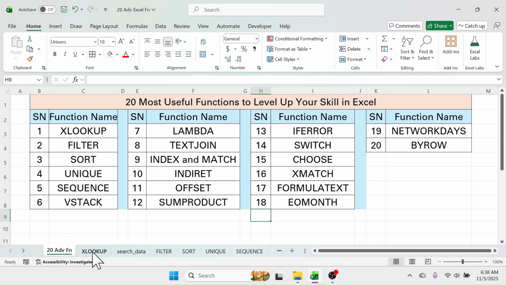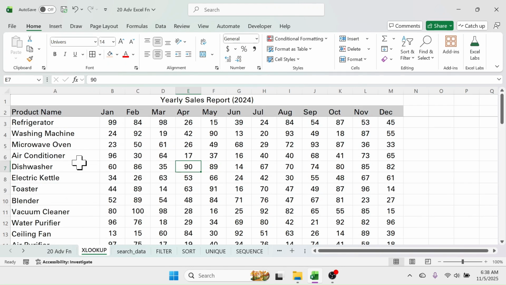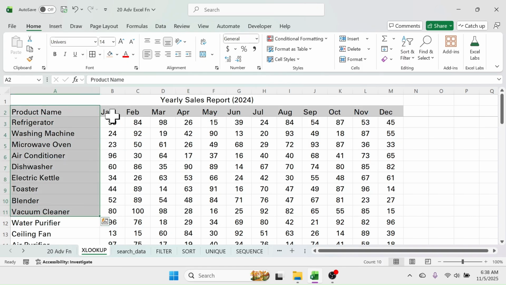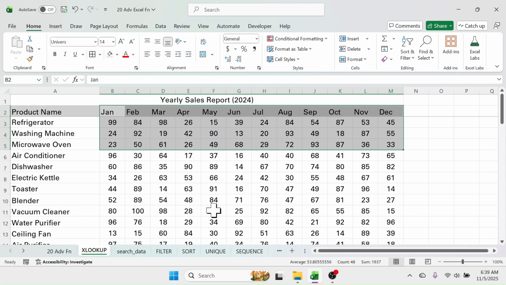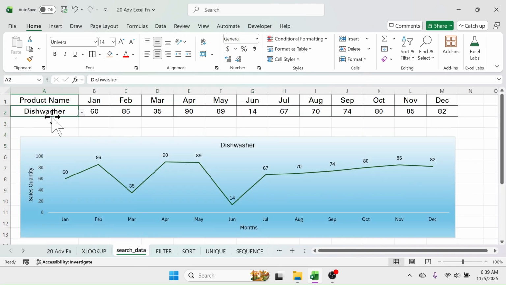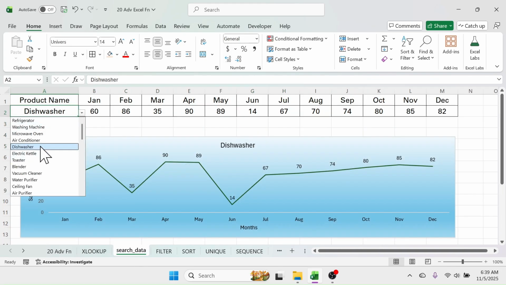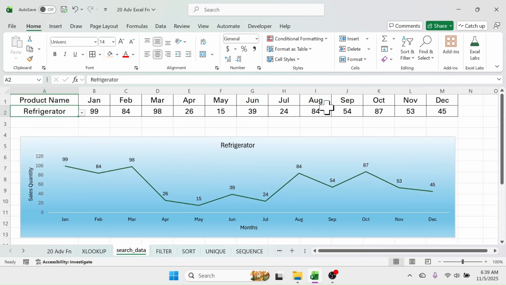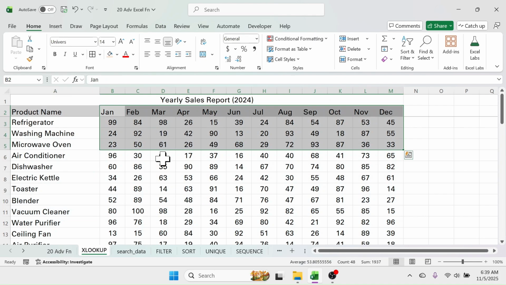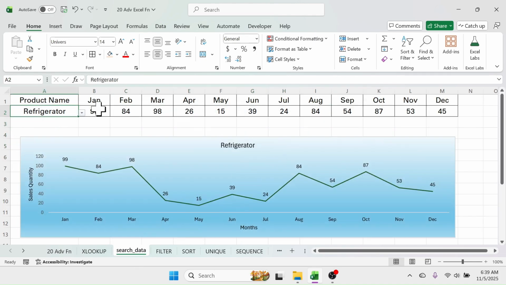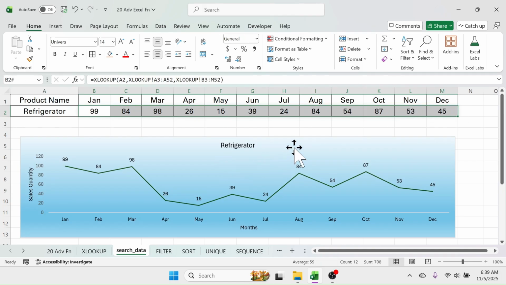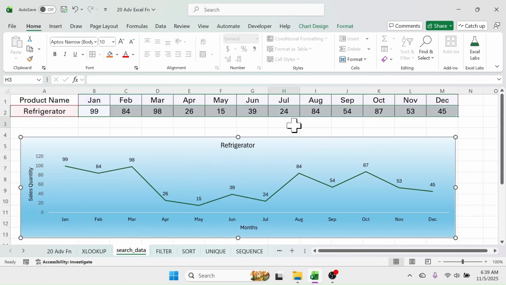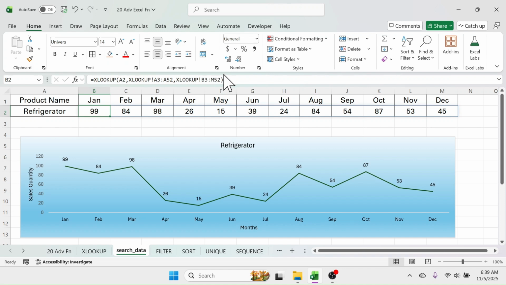For that, go to this XLOOKUP sheet, and here I have a data of different products and their quantities sold in different months. In the source data sheet, I have created a product selection drop down, and when I take a product from here, it will capture these sales quantities from this database and display here. Then this visualization will automatically update. In this case, I have used here the XLOOKUP function. So let me delete this previously used function